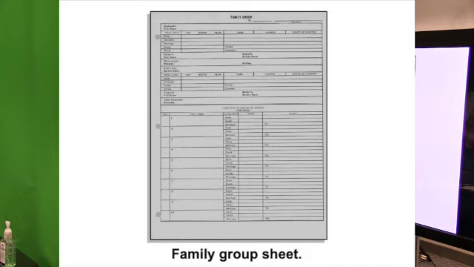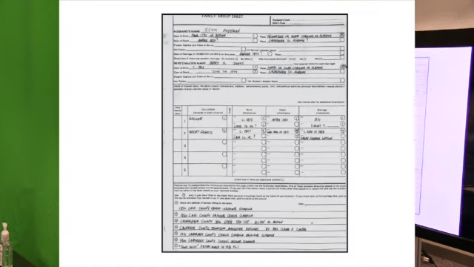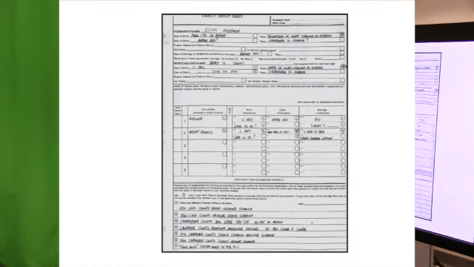It has a place for, you do one of these for every marriage that produced offspring. So if you had a great-grandfather that was married 3 times and had kids by each marriage, you got to do one of these for each of the marriages and each of the children. It's got a place to document the parents, their vital information, and then the kids and some of their vital information. And then the good charts will have places at the bottom to document your research.